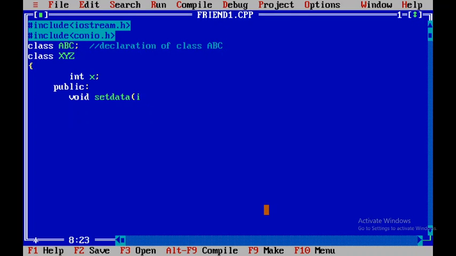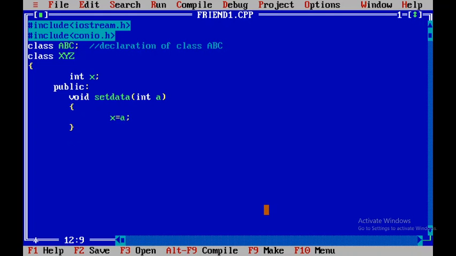Here I take an integer as a parameter, int a, and I write the definition immediately here: x equal to a. The argument we are getting, we assign to our data member x. For set data, we don't need to display anything.